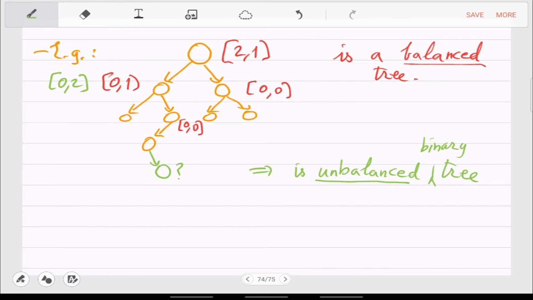A skew tree with 3 nodes is balanced. Yeah, so we can see those examples, but I think the